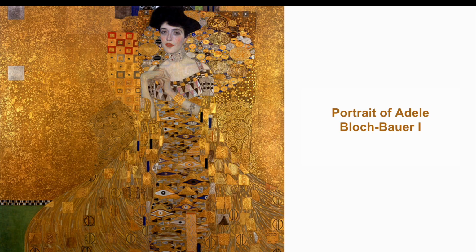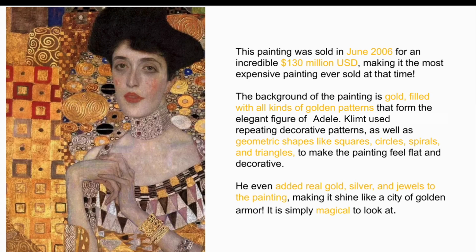There are all kinds of patterns. What shapes do you notice in these patterns? In this painting, you can see Adele sitting gracefully, wearing an elegant dress. Klimt paints her with beautiful patterns and delicate details, making her look both real and magical at the same time. You notice how much he loved fancy decorations and designs, which would later become a big part of his golden masterpieces. This painting was sold in June 2006 for an incredible $130 million, making it the most expensive painting ever